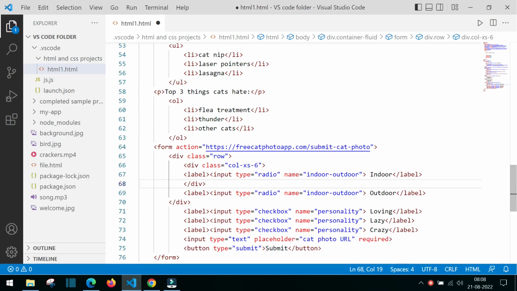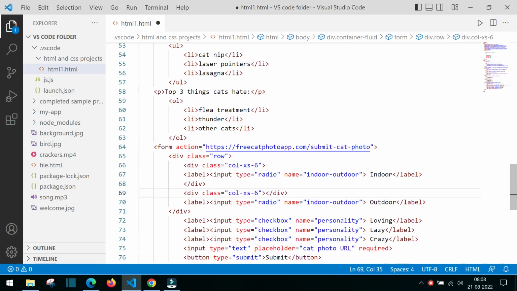So we are going to do the same thing here also. So just copy this and paste it here, and that's it. Oh, you have to add another div. Sorry, copy this, and at the end of this,